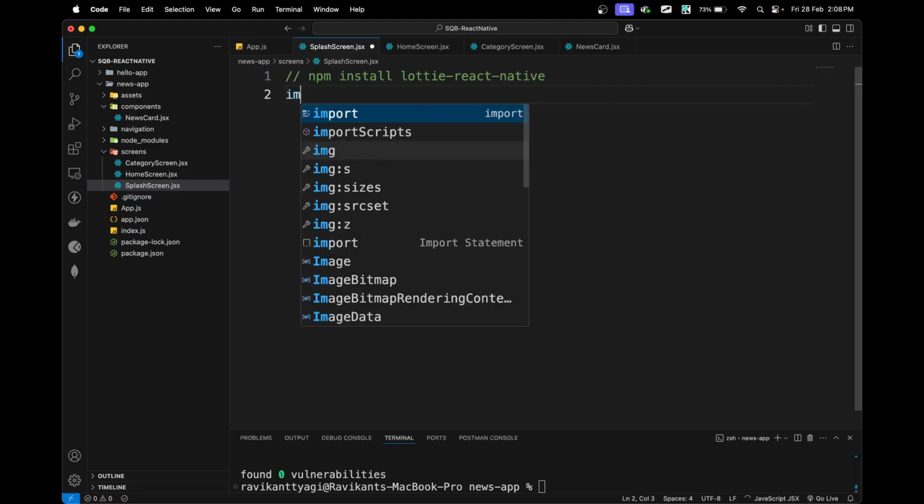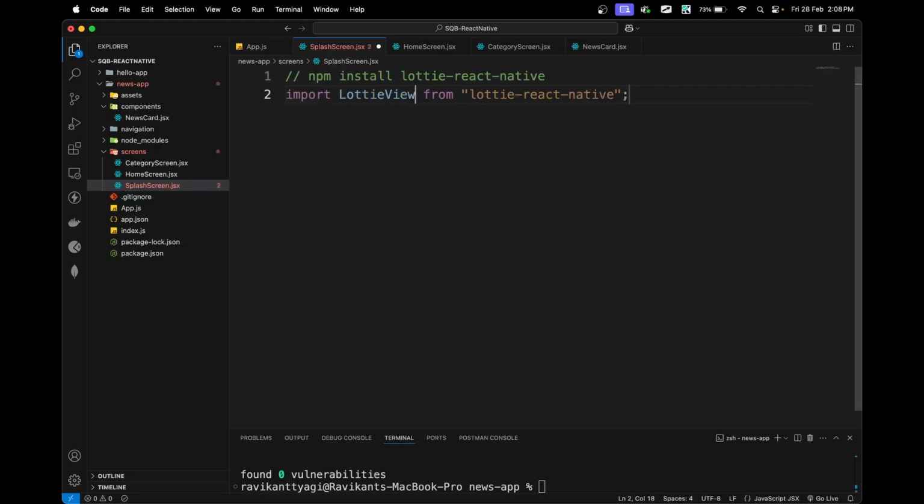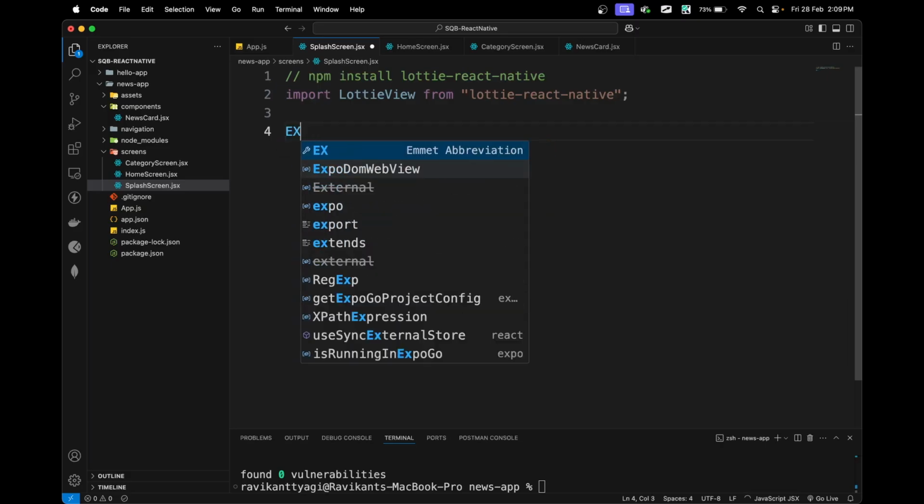Now, once it is installed, then you can use Lottie view. So LottieView is the name of the tag that we have to import, and you can see we are getting the hints of Lottie. Now, what else do we need to import? We'll do the imports later on, whatever things are required. So let's do export